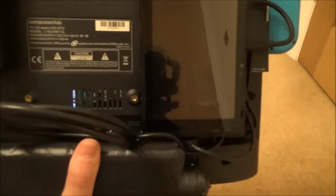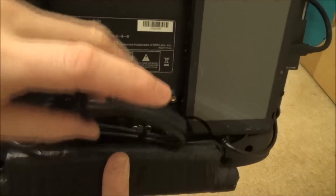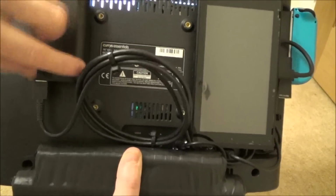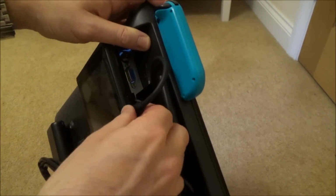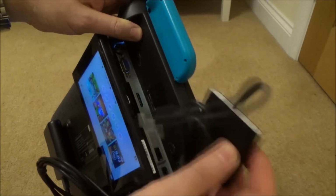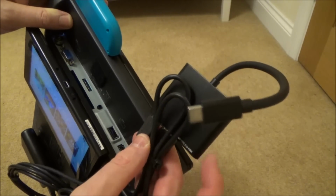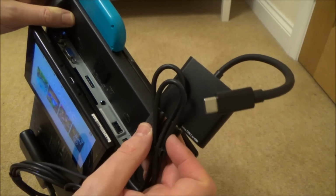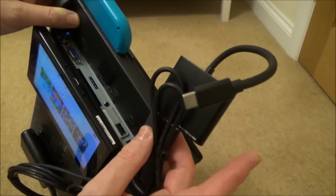So what we have is my little battery pack here, just going straight into the power supply for the TV. And then I've got the Anchor power bank here, which is feeding this little dock here. Let me pull this dock out. Here we go. And it's this one here. I think in America they're called Fast Snail, but it's a different seller in the UK. But if you were just to put in Fast Snail, then you will see they come up,